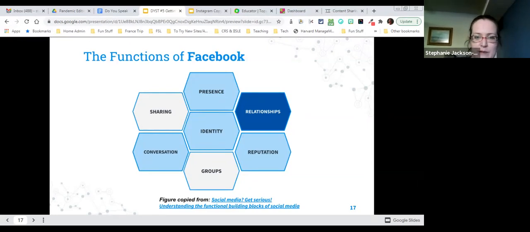And then this piece about identity, with Facebook, they literally warn you when your friends' birthdays are, right? And so you've got your birthday, you have your past and present workplaces and things like that. And so we can see that identity is deeply ingrained in what Facebook is about. This presence, so like checking into things. This reputation honeycomb, I think, has gotten more sophisticated in the past couple of years with the addition of different reactions. So you can not only just like something, but laugh, give an angry reaction and that kind of thing.